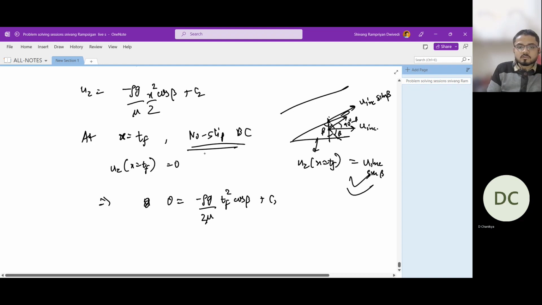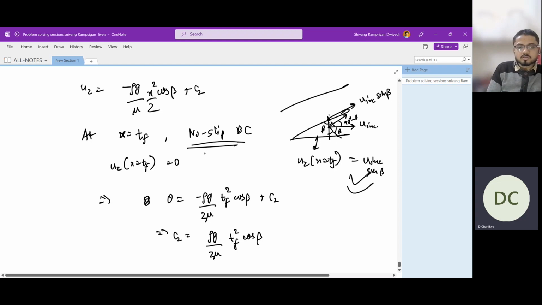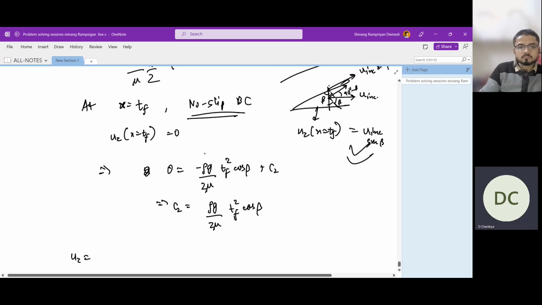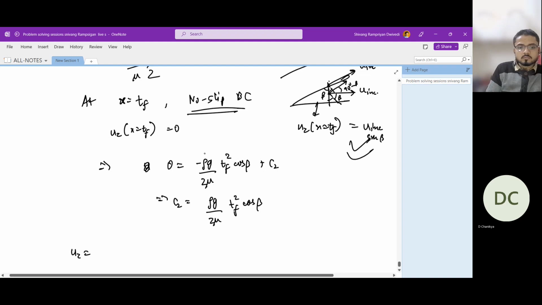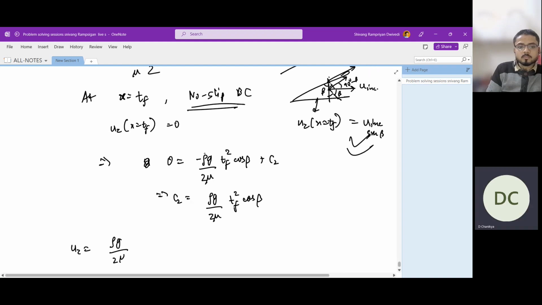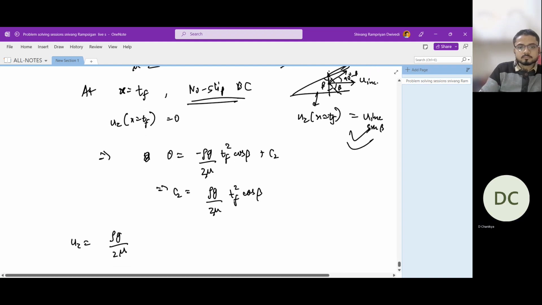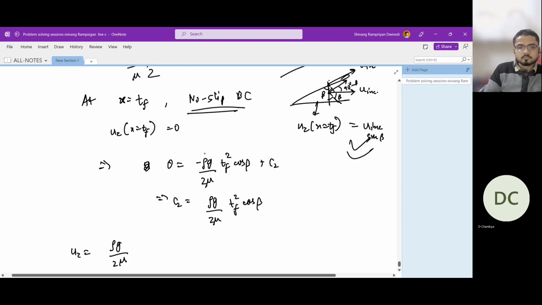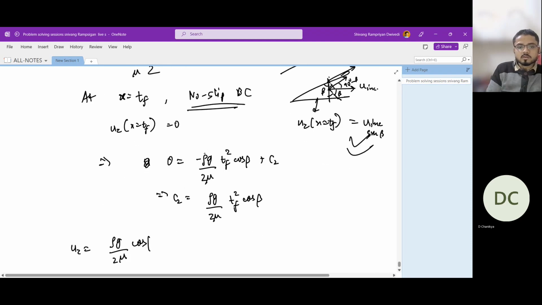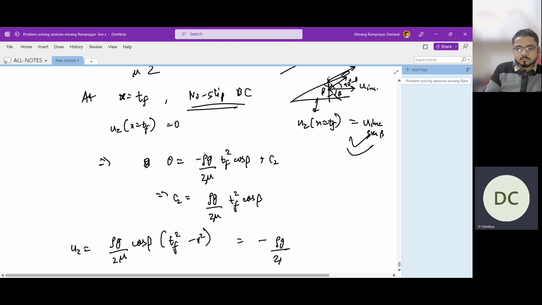So C2 equals rho g by 2 mu df squared cos beta. And this implies that uz equals rho g by 2 mu cos beta times df squared minus x squared, right? Which is equal to minus rho g by 2 mu